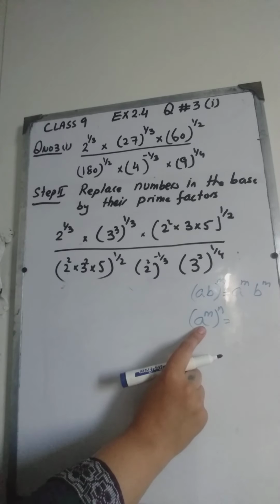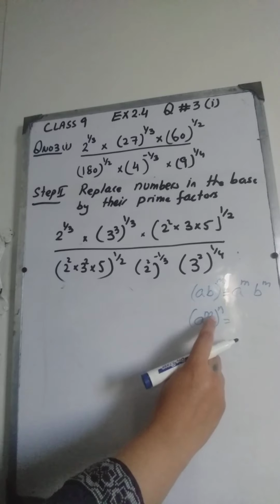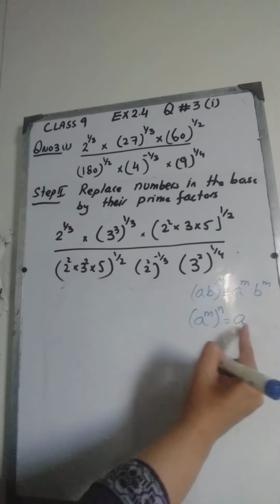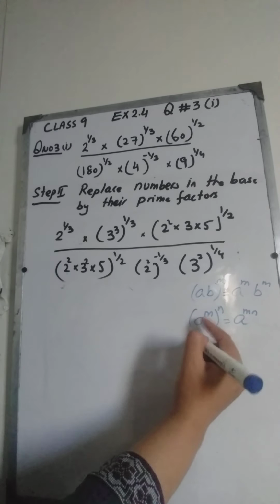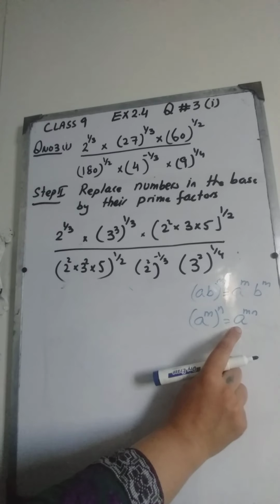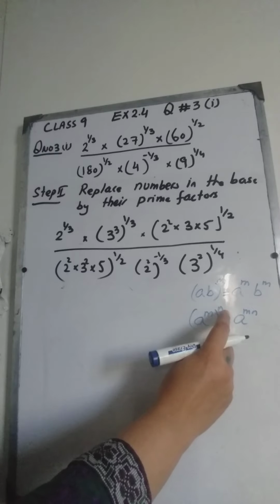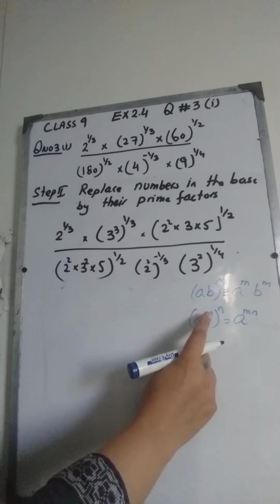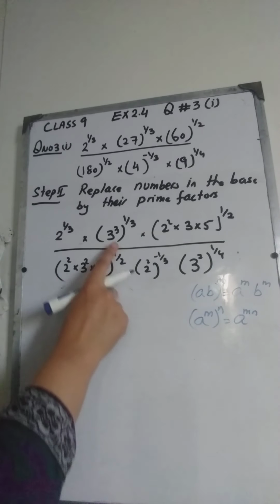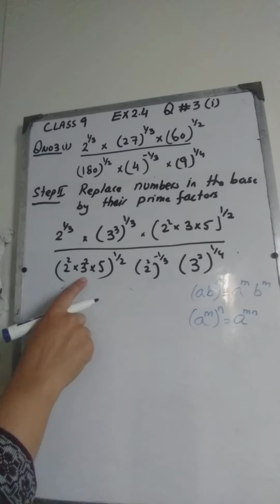If you have a number and there are two powers applied on that number, first the power m, then the power n, then this is always equal to a raised to the product of the powers. So if you find the product of the powers first and then apply it on a, the answer will be the same as if you apply the power m on a first and then apply the power n on a raised to power m. These two are always equal. So we are going to apply this law on these three, and we are going to apply the other law on this bracket and this bracket.